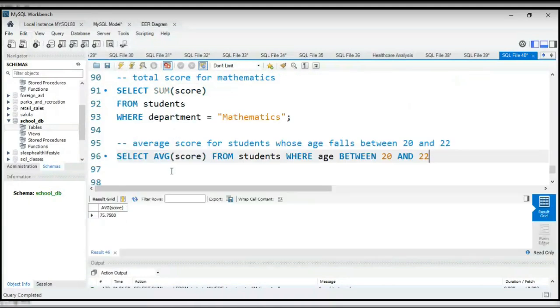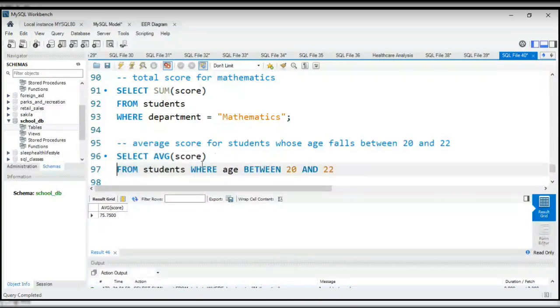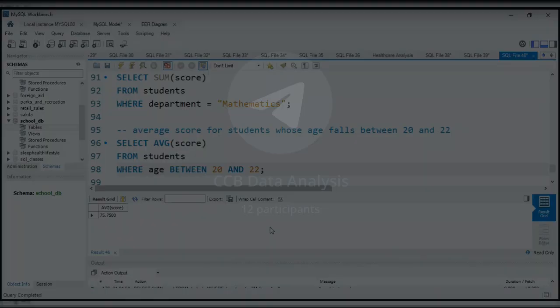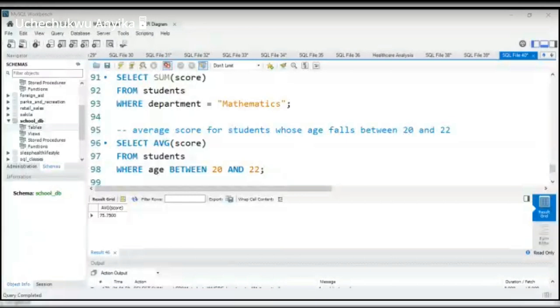So it tells us that students whose age are between 20 and 22 is actually 75.75. The query is right, it's correct. So the rest of the others,